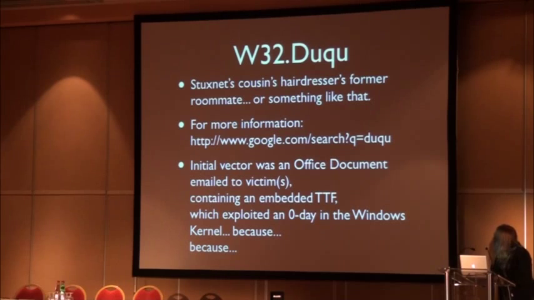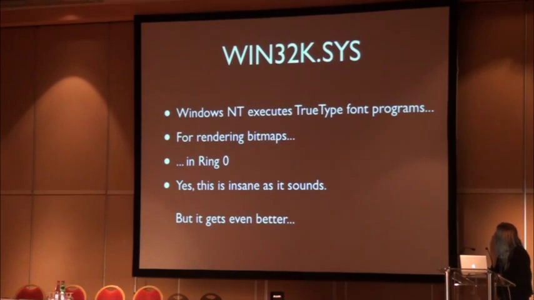So they did actually say that the initial vector was a Microsoft Office Word document that had an embedded font in it, which exploited the font rendering engine in the Windows kernel, because the Windows kernel renders fonts in kernel space in ring 0 for drawing pictures,